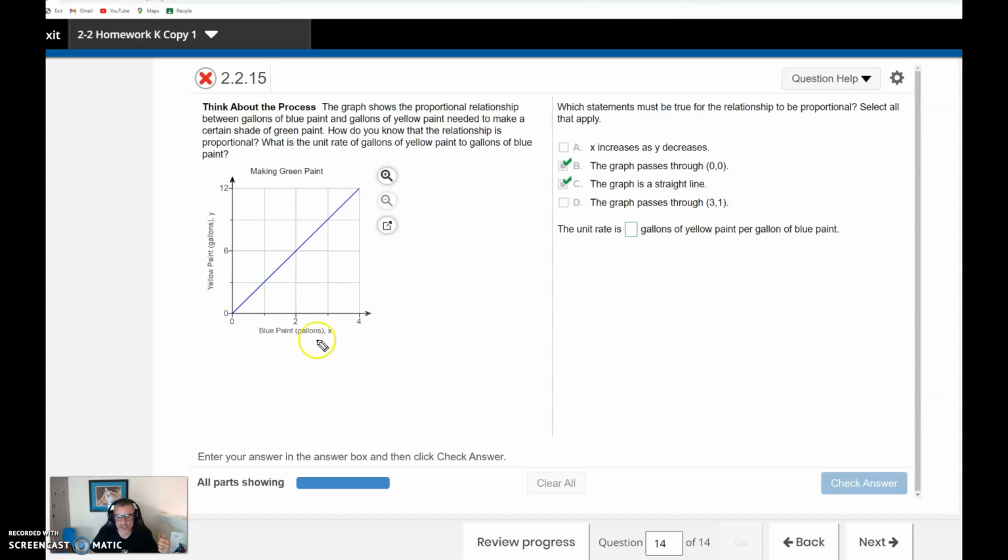The unit rate. I'm almost out of time. All right, the unit rate per gallon of blue paint. Unit means 1. So I go over to 1, I go up, I go over. That would be a 3. I'm out of time, guys. I will